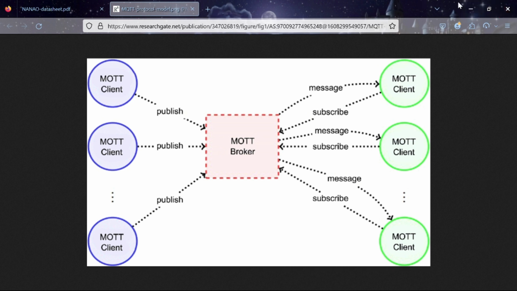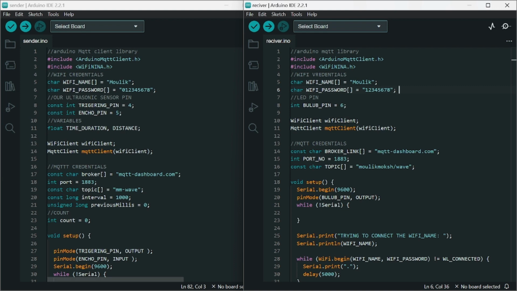So now let's see our code. This is our code, and we have downloaded two libraries, Arduino MQTT client and Wi-Fi Nina. Arduino MQTT client is the basic library. Wi-Fi Nina is also basic, but it is also used to establish the connection of the Arduino Nano with the Wi-Fi or hotspot or other network that you used. So Wi-Fi Nina is basically for establishing the